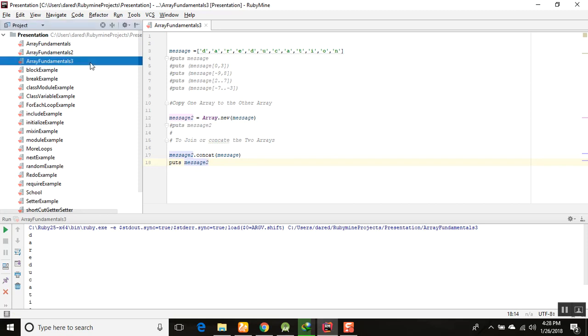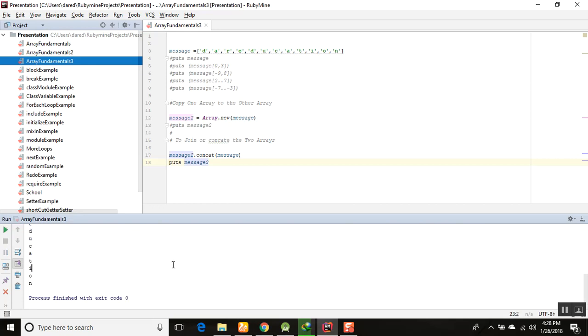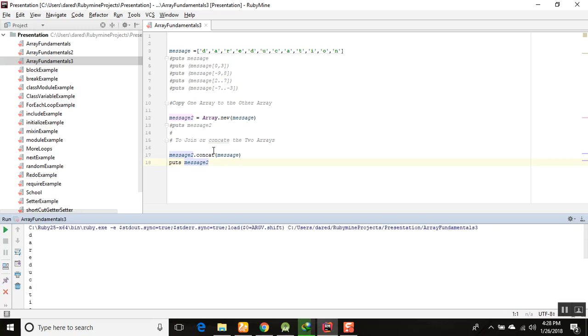Run this application. Okay, now you can see that it will concatenate both, the first message and the second message. It will concatenate the elements of both. So these methods are basically used to provide you the facility to understand and use these methods